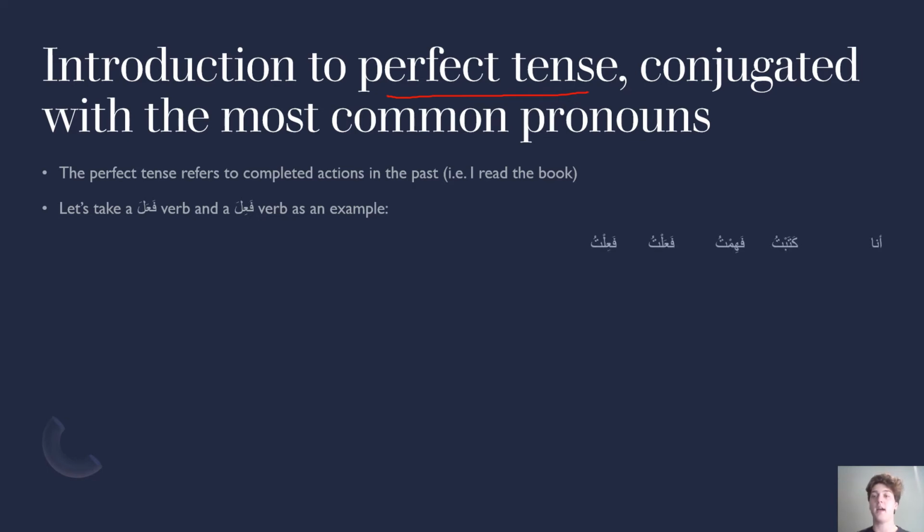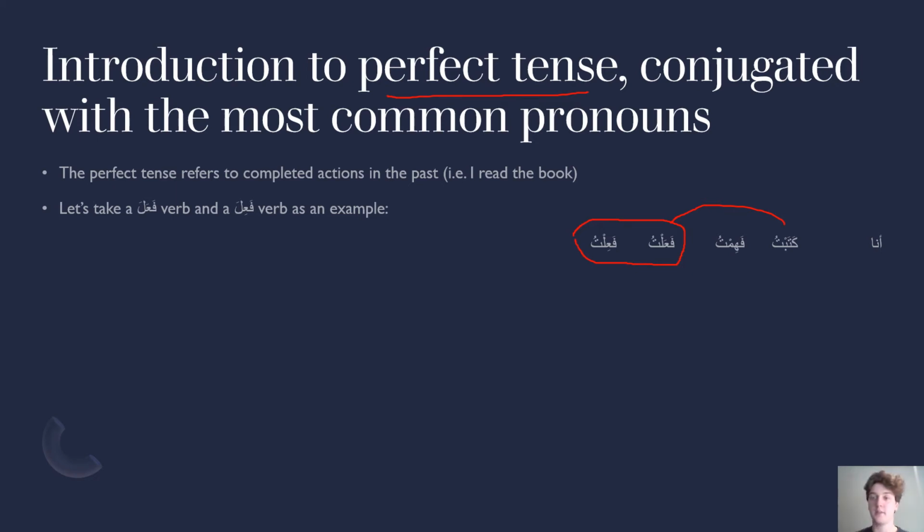So we have ana katabtu, fahimtu, and I've left the pattern here with the 3 base letters, fa, a, and la,